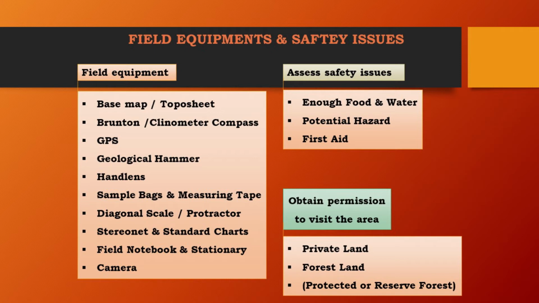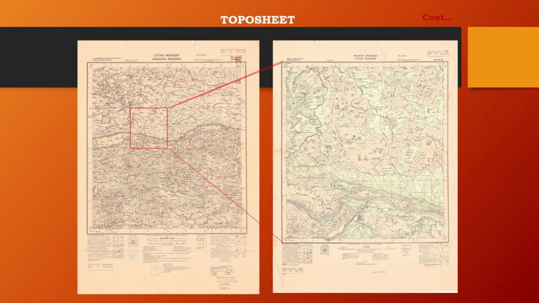And we also need to have obtained permission to visit areas like private land and forested areas, which can be classified into protected or reserve forest. Now we briefly discuss the instruments we use in the field. Topo sheet. On our left, we have a base map topo sheet of